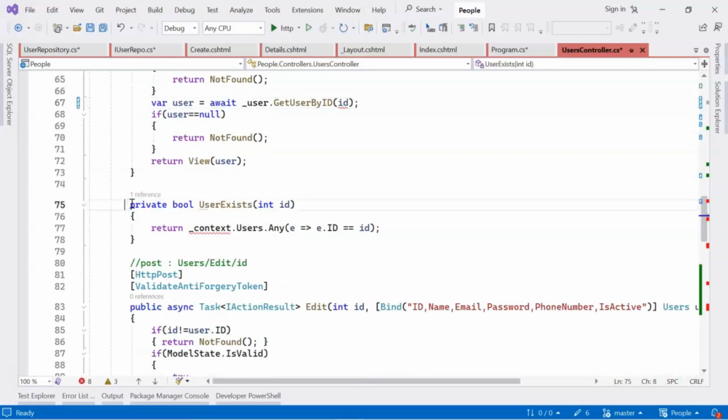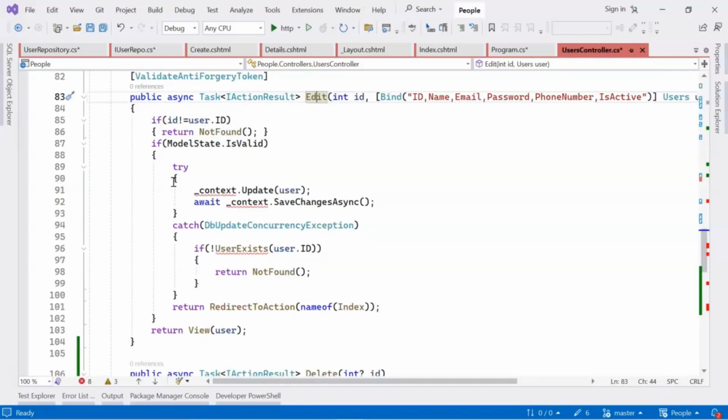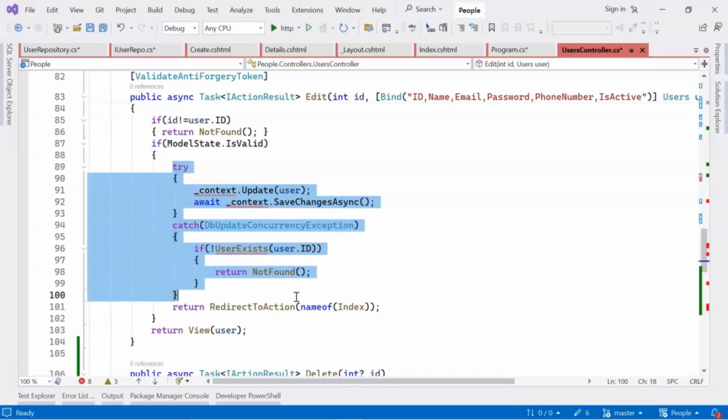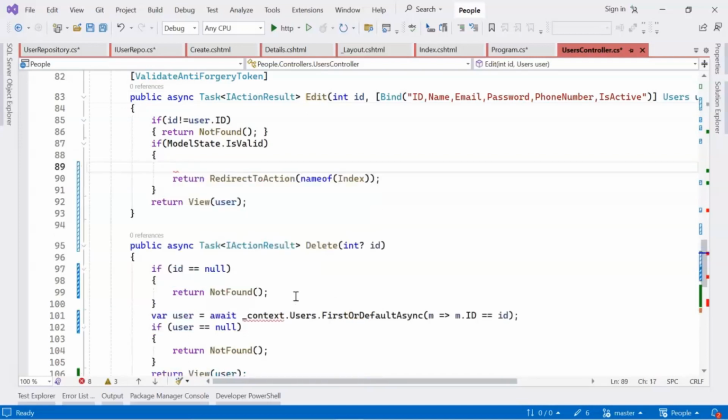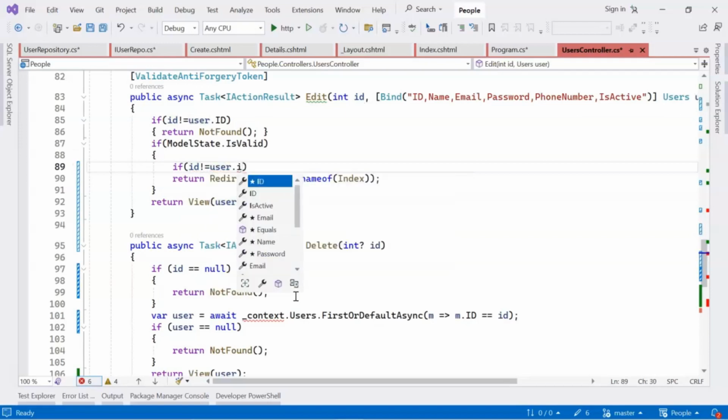We don't need this, so we can just comment it. Here we can remove the try catch completely and let's write code for it. If ID is not equal to user.id,